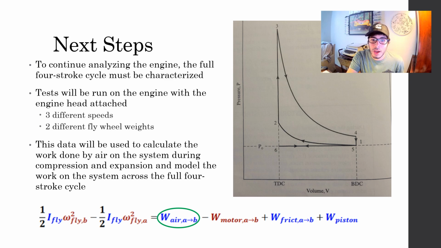For comparison, the engine operation can be modeled as an air standard Otto cycle at wide open throttle. A diagram of the cycle is shown on the right, courtesy of Engineering Fundamentals of the Internal Combustion Engine from Pulkrabek. Under this model, the intake and exhaust strokes generate no work since the pressure is constant. The isentropic compression from points 1 to 2 and isentropic expansion from points 3 to 4 can be used to solve for work due to these respective steps of the 4-stroke cycle using the fact that work is equal to